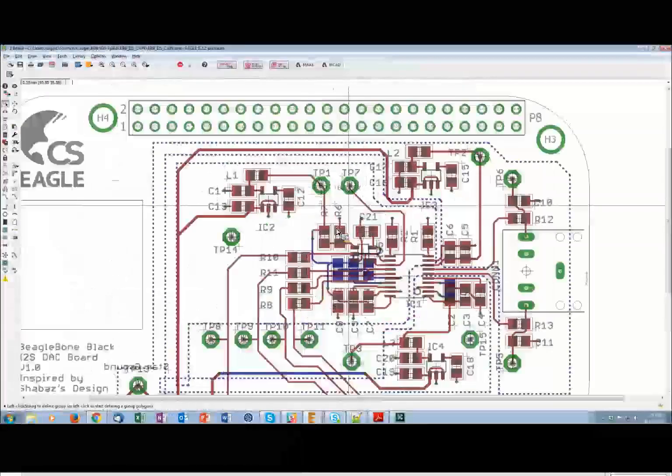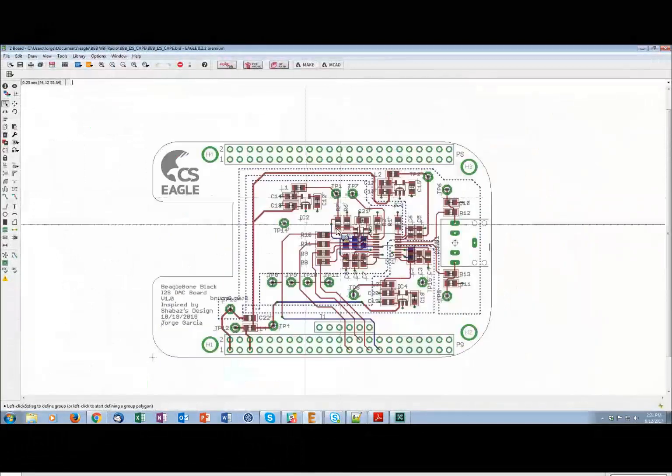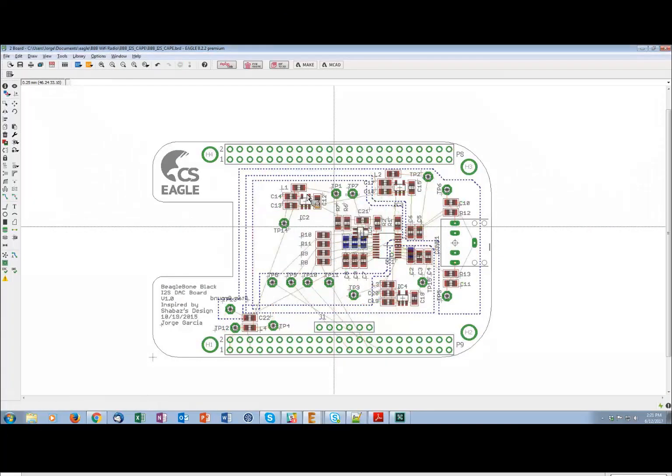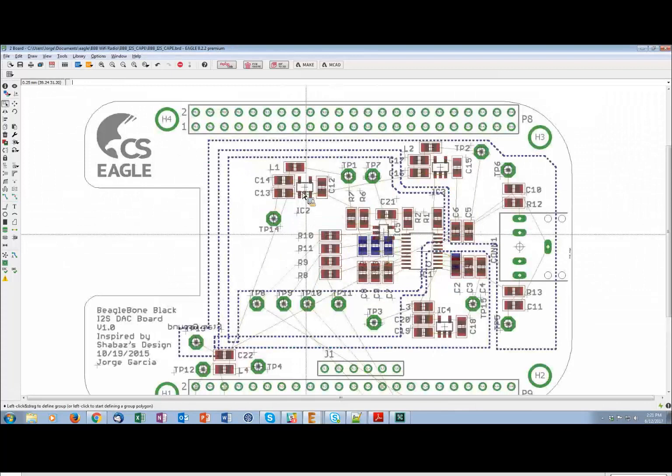Let me go ahead and rip it all up. I have to make sure not to save it. Okay, and we're going to look at a more useful case. So this board has three different ground planes. Has a digital ground, an analog ground, and just a plain ground. And this is because this chip that I'm using as an audio DAC requires three different power supplies in order to have clean operation. So if we go to the schematic,